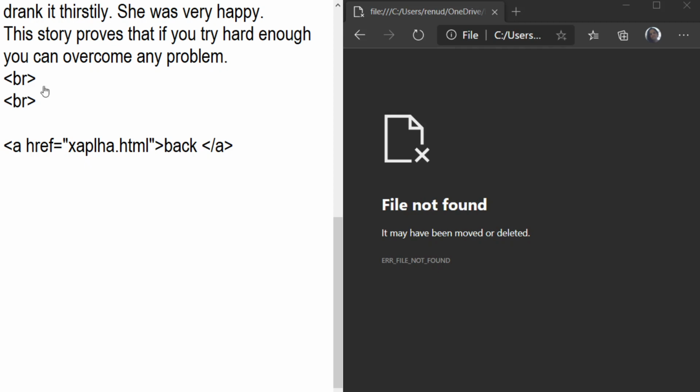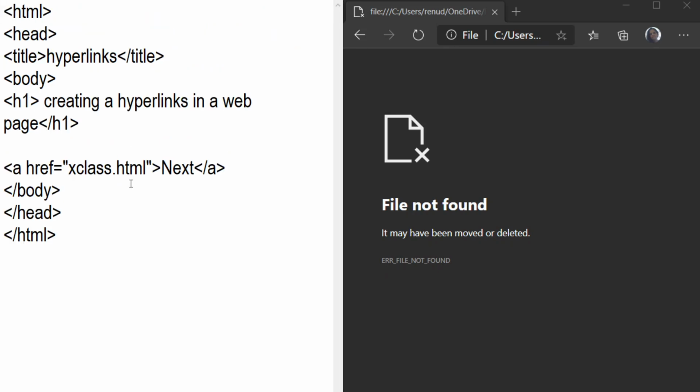For example, I open here 10th.html, and we can save here and open our file again.